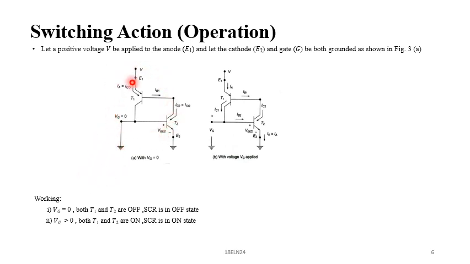Now to explain the working of the circuit, I will consider two conditions. The one is with Vg equal to 0, the other one with Vg greater than 0. When Vg is equal to 0, you can observe that it is given to the base of the second transistor, and because this Vg is 0, the voltage across base and emitter of the second transistor is 0. There is no voltage drop across this point, so the current through transistor T2 is 0. That current is indicated as IB2, and IB2 is 0.